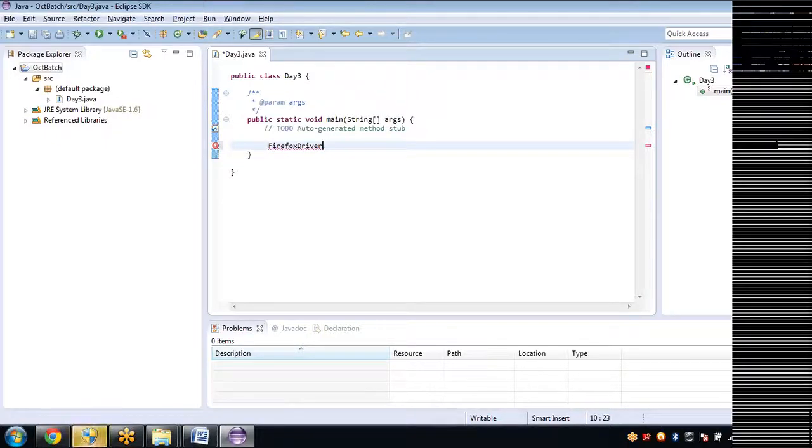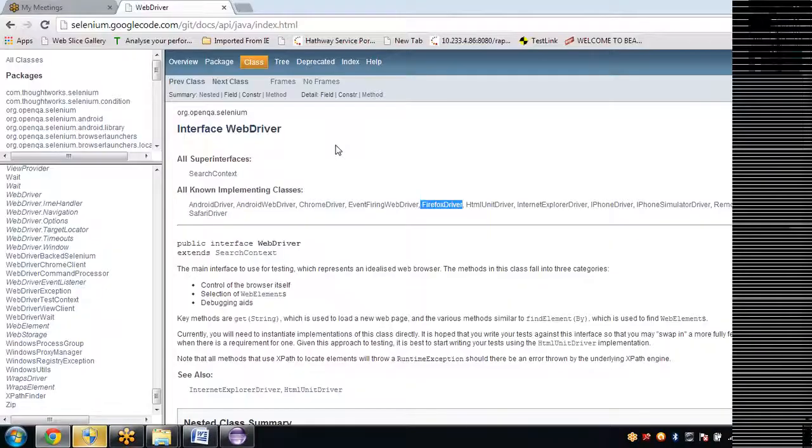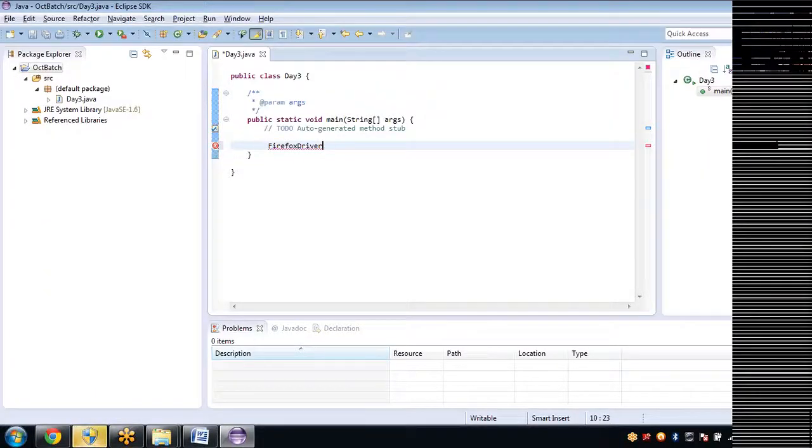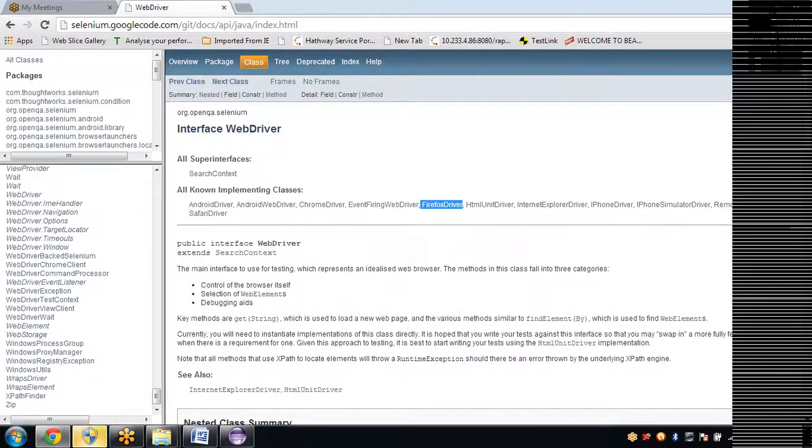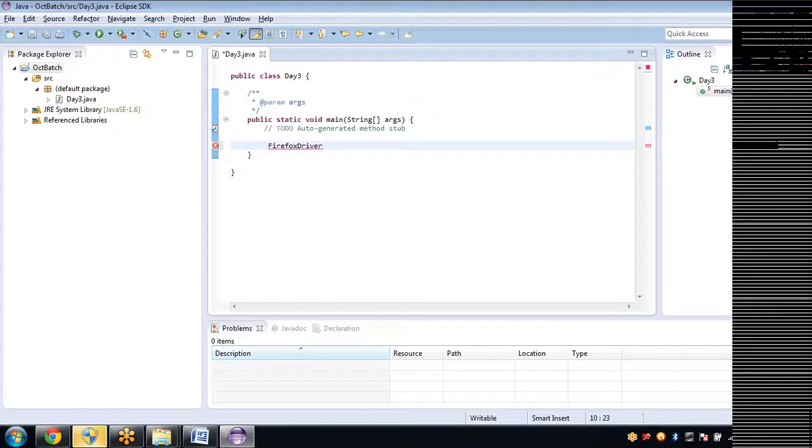The reason to create an object for this, I'll let you know why I'm creating an object for the class. Whenever you want to call the methods of WebDriver using this class, you will create an object for this class, and with the object reference you call those methods every time. First you need to create an object for the class.